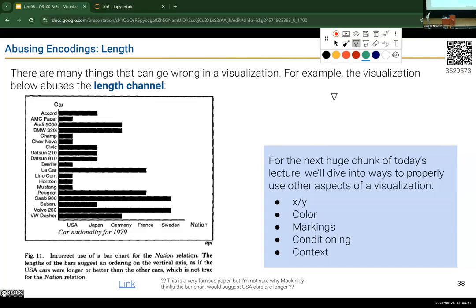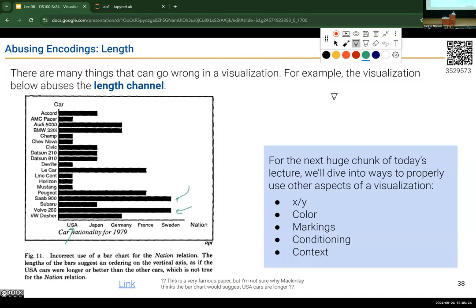So in this example, what you're seeing is that the length information on the x-axis is being abused. When we're trying to plot the association of different cars to different nationalities or countries, if USA is the first, that means there is something less about a car because the length of the bar is smaller, as opposed to having scatter points for all of these dimensions, or any other kind of plots that we could use, because the length of these